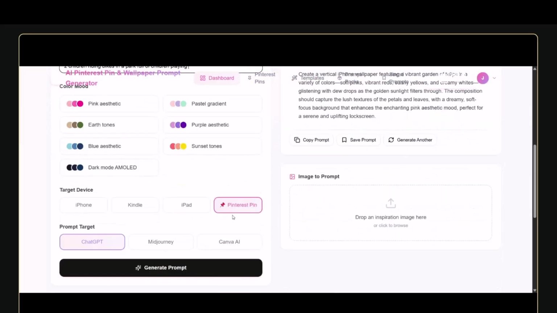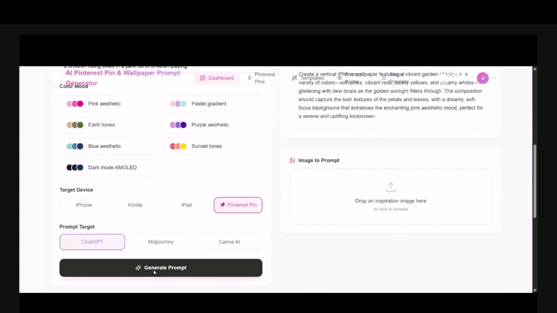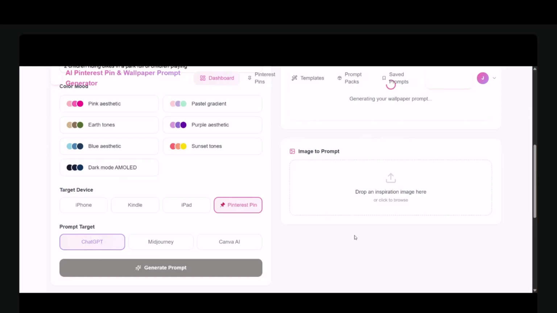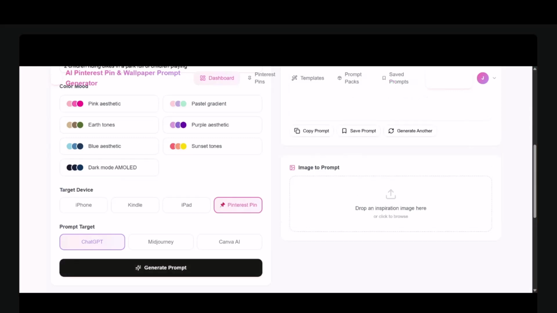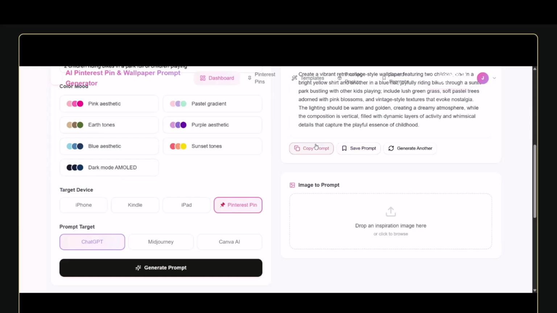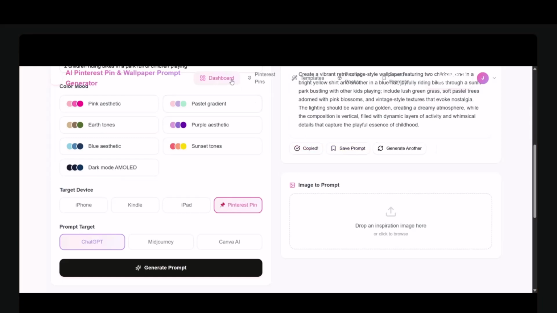Now we should just press Pinterest, ChatGPT, generate prompt. We can copy that prompt and go back to